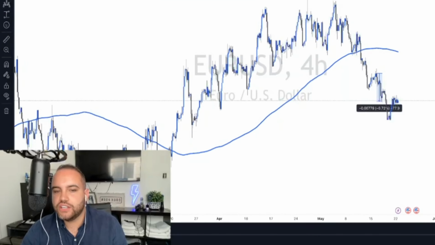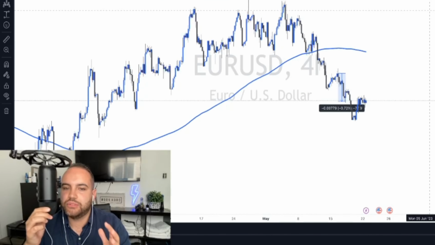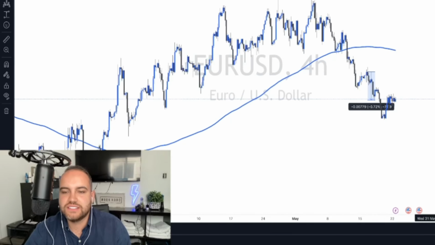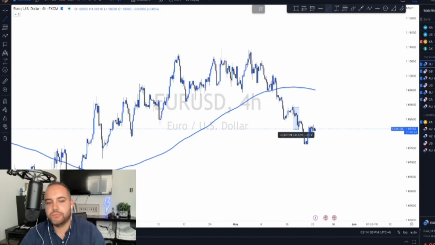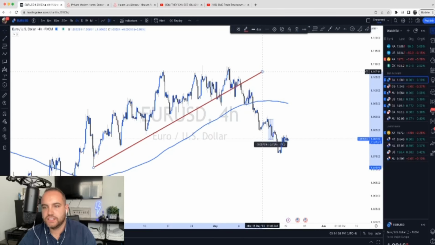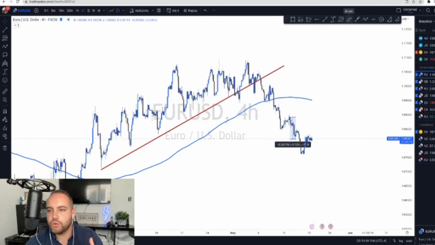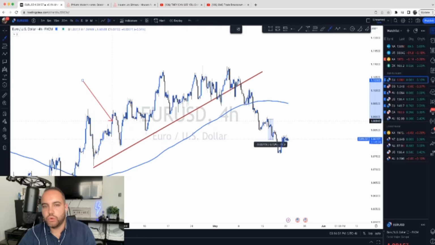Okay, so I'm looking at xauusd and I want to show you guys how I was able to scope out this opportunity, which was amazing guys. It went exactly as expected. I had to clear the charts because I want to explain what I had seen. As you know, I like to do top-down analysis. That's just the way I look at the markets. As I always say, everyone has a different way of trading, so there's no right or wrong way. You just got to find what works best for you.